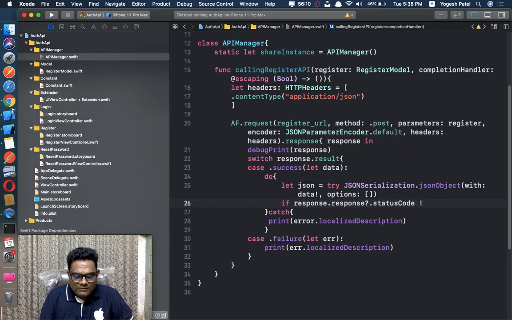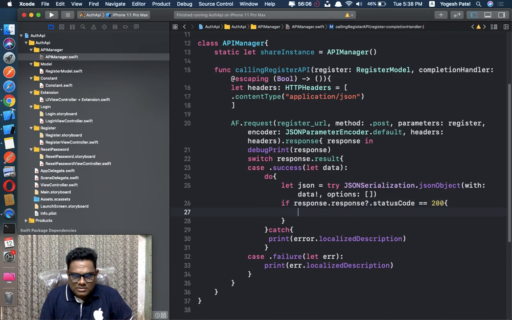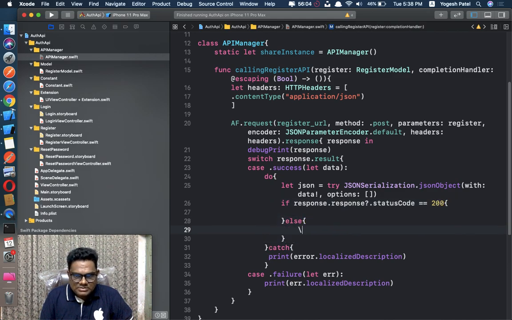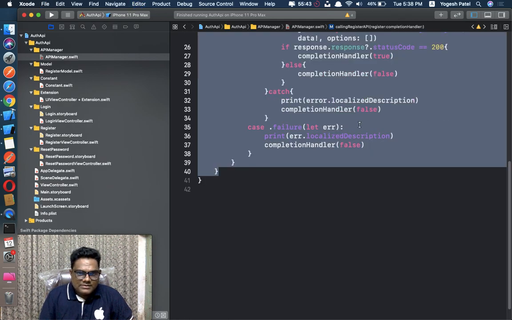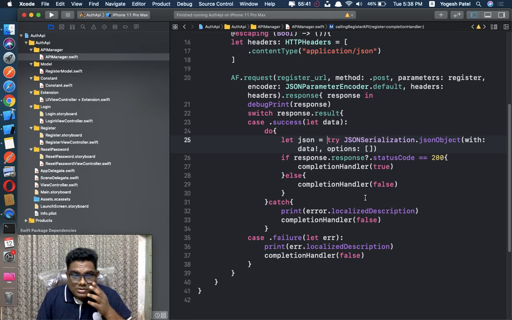If it is equal to 200, else, okay, so just pass in a completion error. If 200, then it's good, so just write true here, and if it is not 200, then just pass false. The same in the error and in the failure. Control I, so it's going to look good.